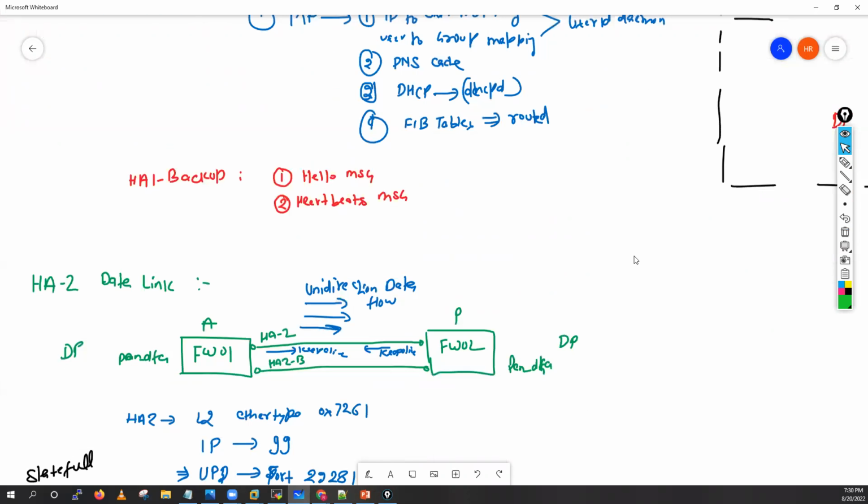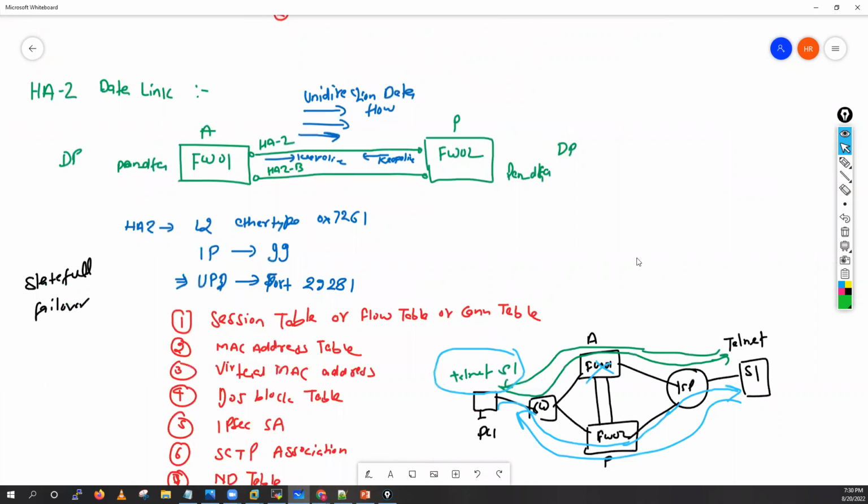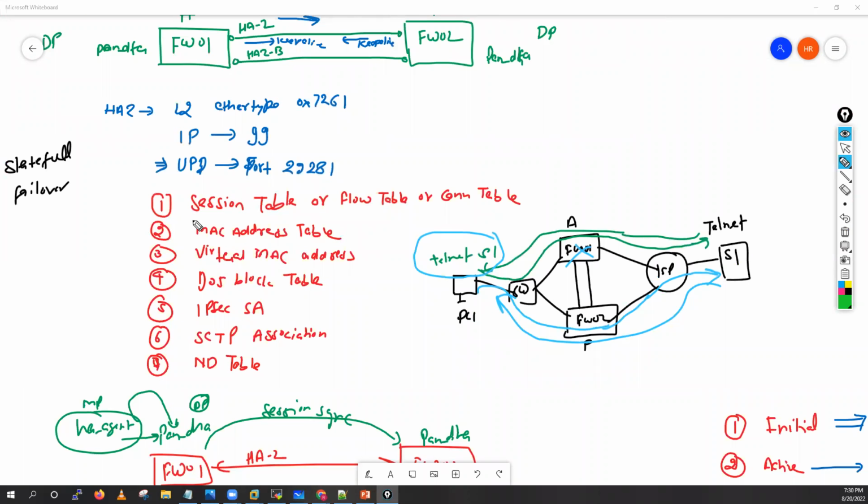I'm not going with the HA1 backup here. Now, why do we use this HA2 interface? Through this HA2 interface, we will exchange the session table